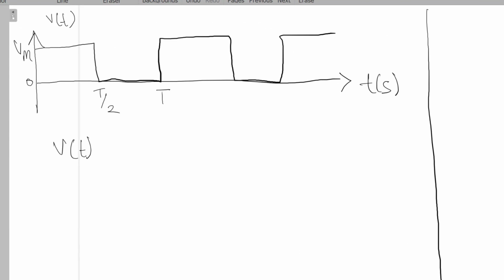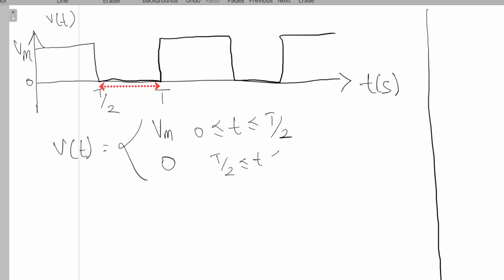So from what we know, if it is a square wave, the function is the same as the amplitude. So in this case, Vm, and it is ranging from 0 to T on 2, and from T on 2 to T, as I said earlier, it is 0. So V_RMS, as we all know,